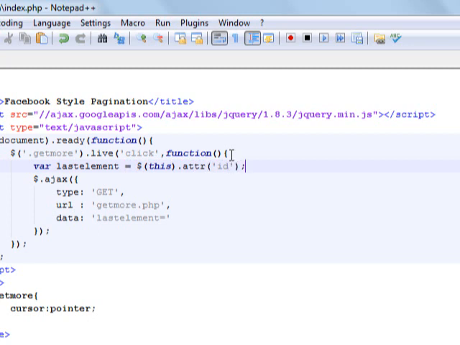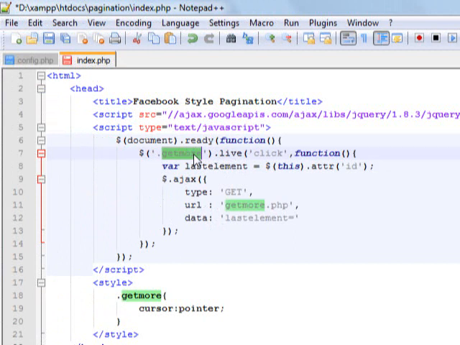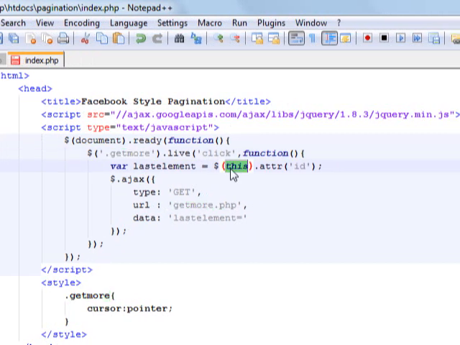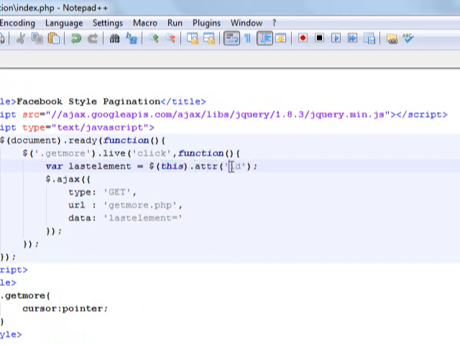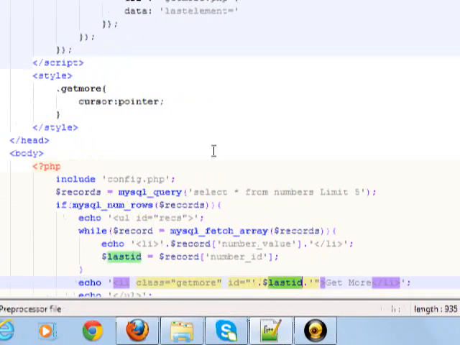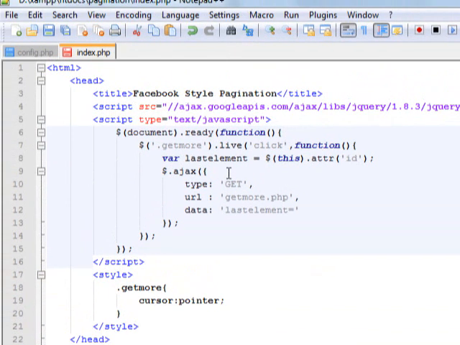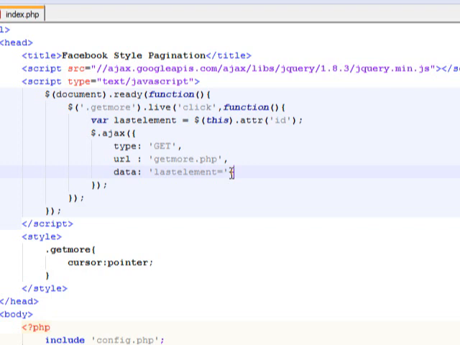The reason I have used this is, obviously this function will work when the get more class is clicked, so this will refer to that particular li at this moment. So I can say at that moment what will be the attribute called id, that will obviously be the last id of this pagination result. So we will get that in this JavaScript, and now I'm going to pass it to